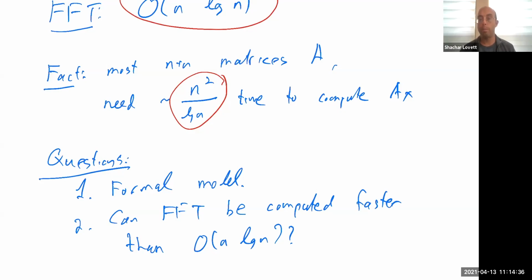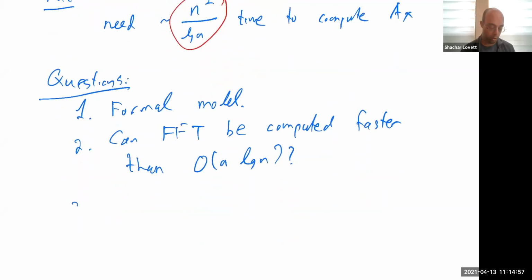Also, if we can prove this is impossible, it's also going to be a major milestone, because currently we don't have techniques to prove super linear lower bounds for such questions. So even though we know that for most matrices A, you need essentially quadratic time, we don't know how to prove it for concrete matrices A. So I put as a third question here,